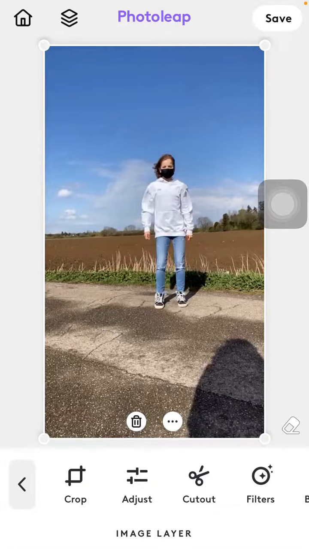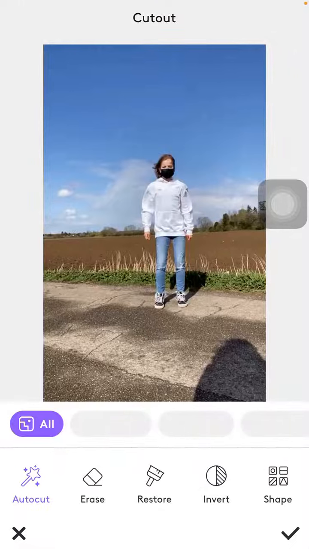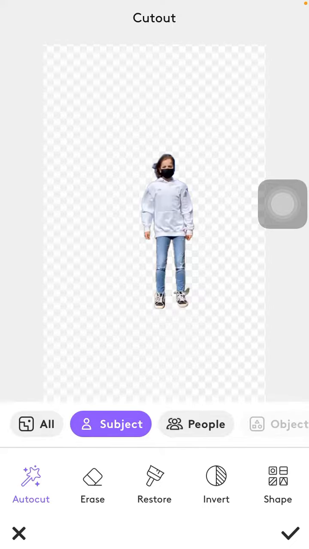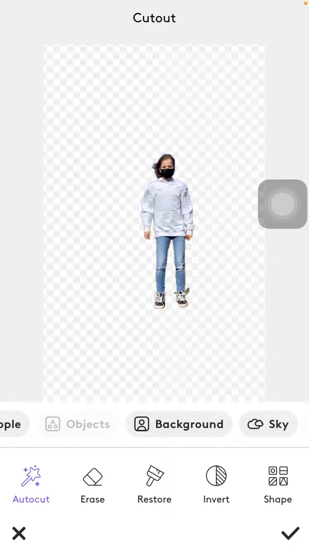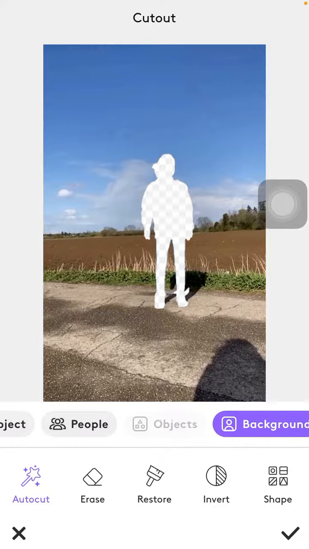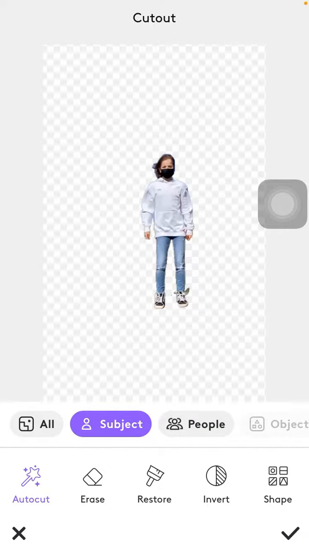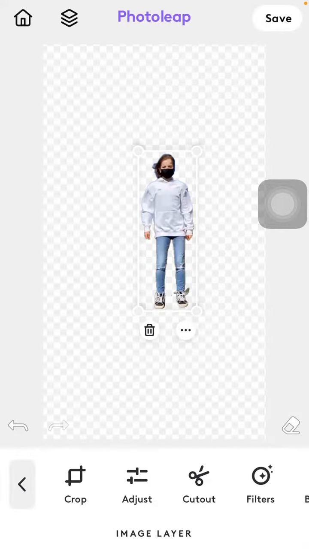So how to use auto cutout? Just select cutout at the bottom and wait for the options to appear. Then select subject to remove the background. You can also select background to remove the object, as you like. For instance, I'm going to select subject to remove the background, so just click the check mark, and you can also